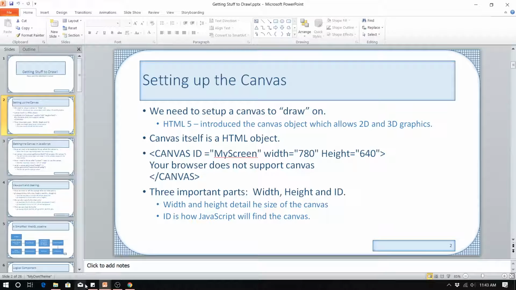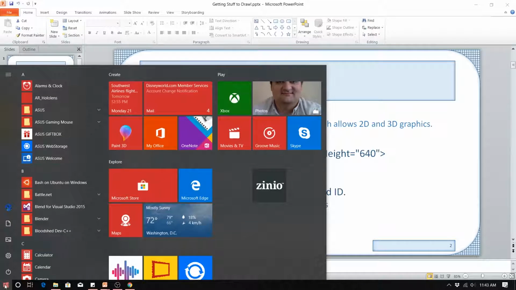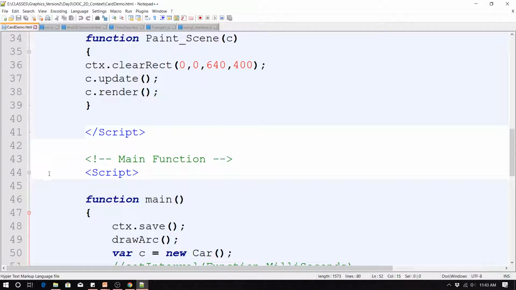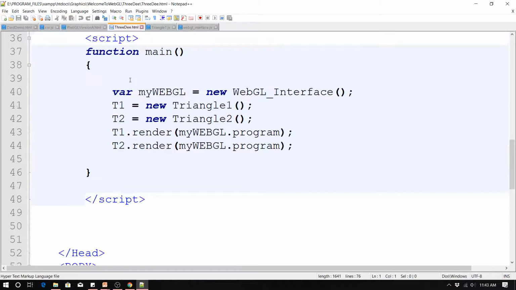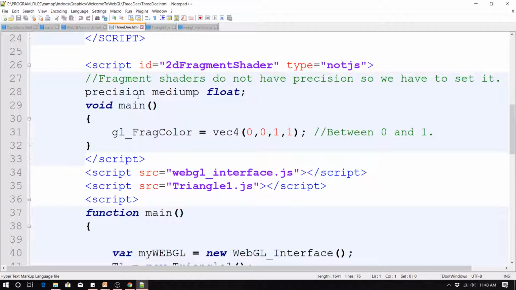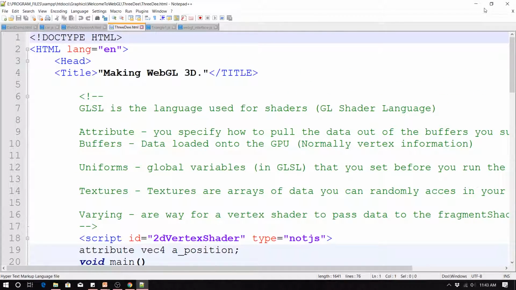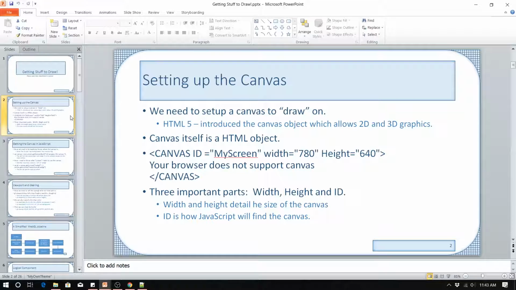Unfortunately, I'm not going to have this in full screen because we're going to bounce back between Notepad++ and PowerPoint. We'll see. Okay. So, the first thing we're going to do today, we're going to slowly start walking through how to set up